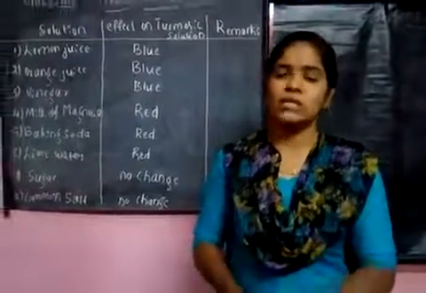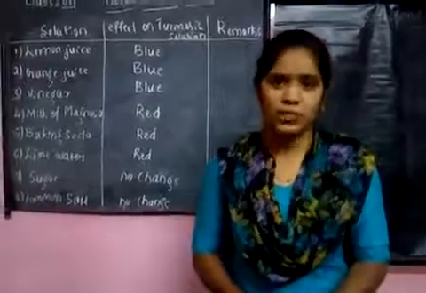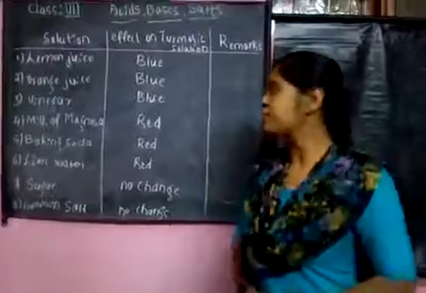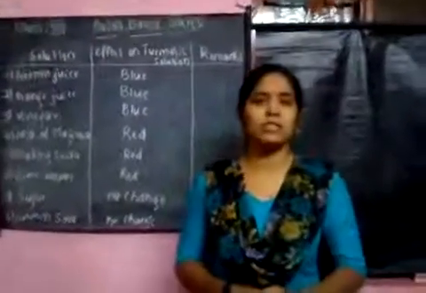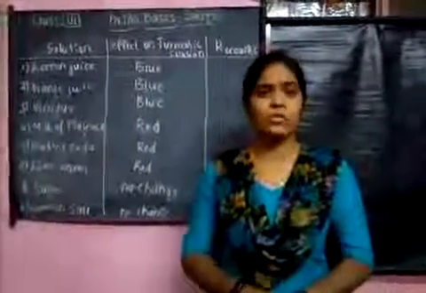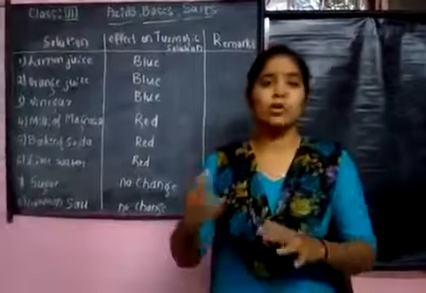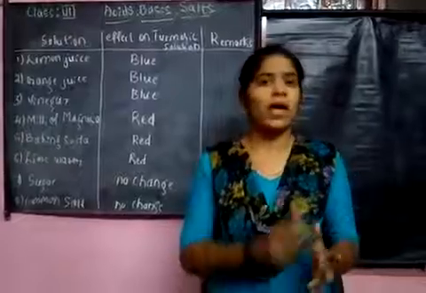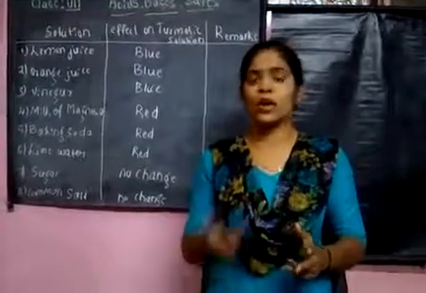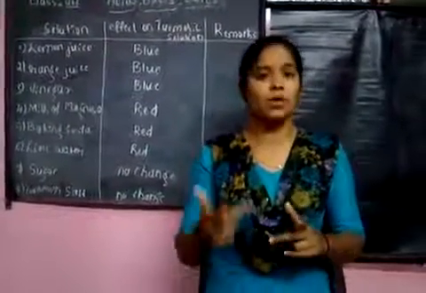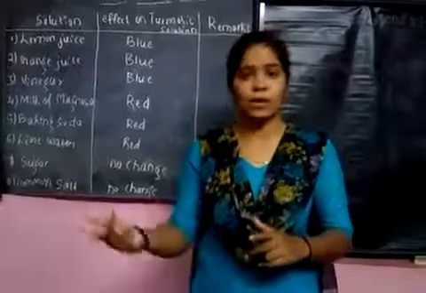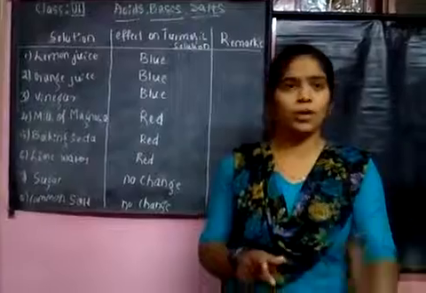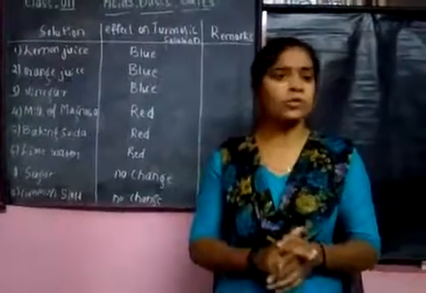In today's class, I am giving you some activities so that you can easily understand acidity and basicity. In the previous class, I considered a variety of solutions acting on a blue litmus paper as well as on a red litmus paper. If the acid is present, then there is a change in which litmus paper? Yes, blue litmus paper will change to red. If the solution is a basic one, then red litmus changes to blue. This is what I told in the previous class.